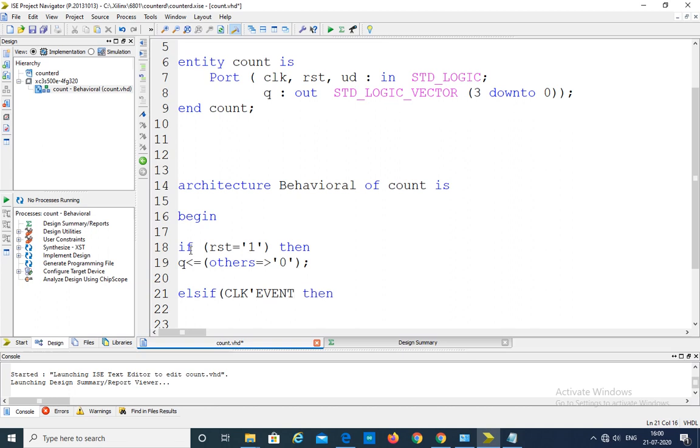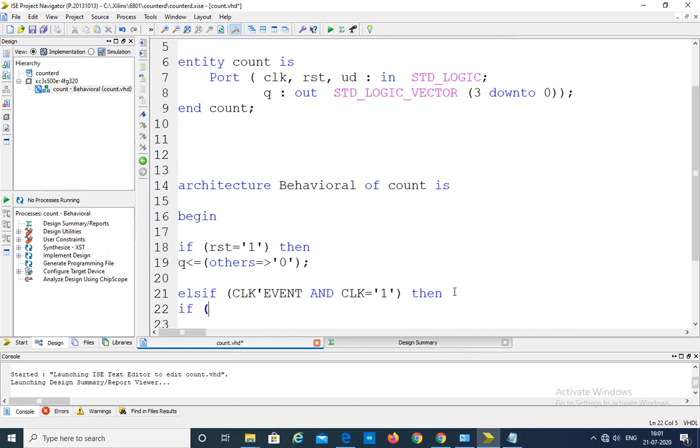The clock. Clock event and clock is equal to 1. If reset is 1, then Q is assigned all zeros. Else if reset is 0, then you check the clock. If the clock is high, then you look at the UD pin.